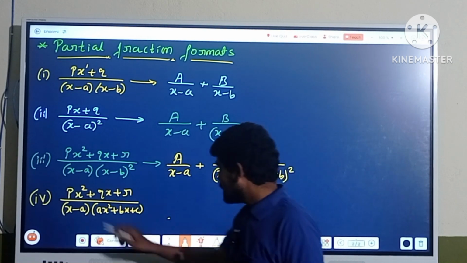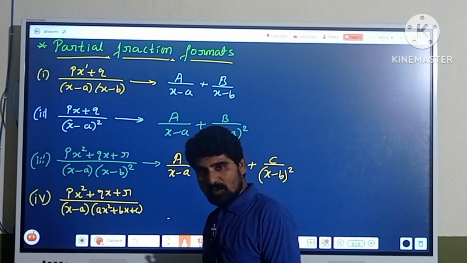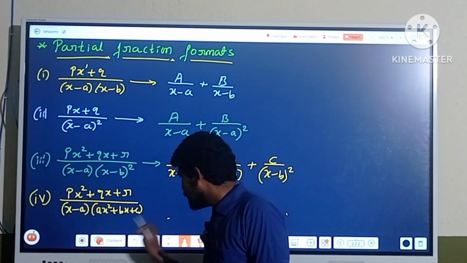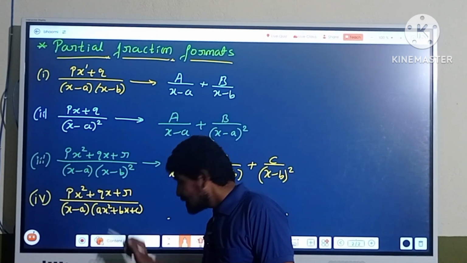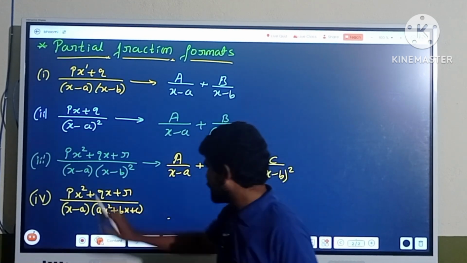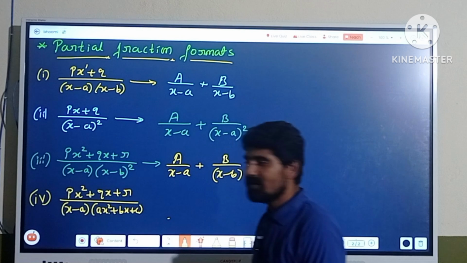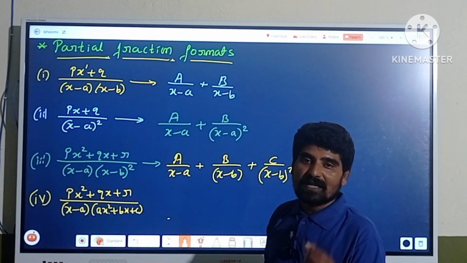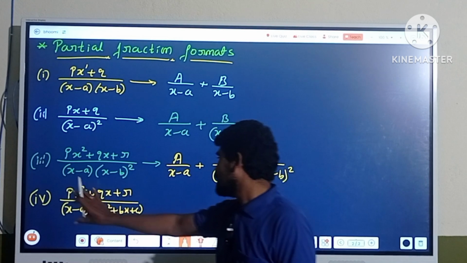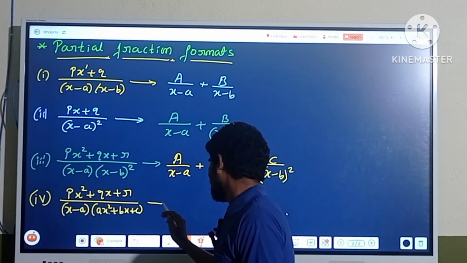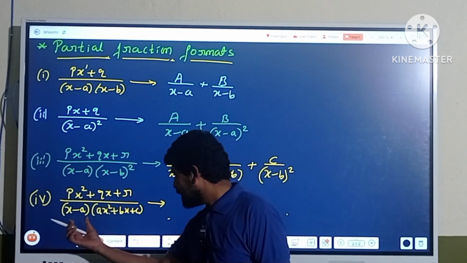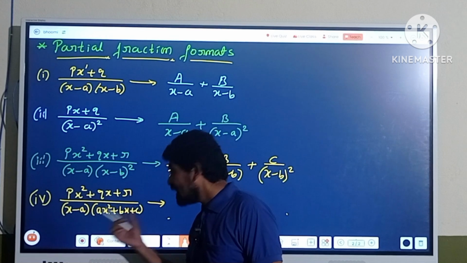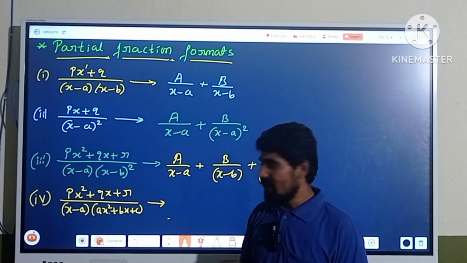Why? Because the degree of this px is 2 and the degree of the qx, x into x square, means x cube, therefore the degree of px is less than the degree of qx, therefore this is also one of the proper rational functions. If the rational function is in this format, observe the denominator here, a linear factor as well as a quadratic factor,